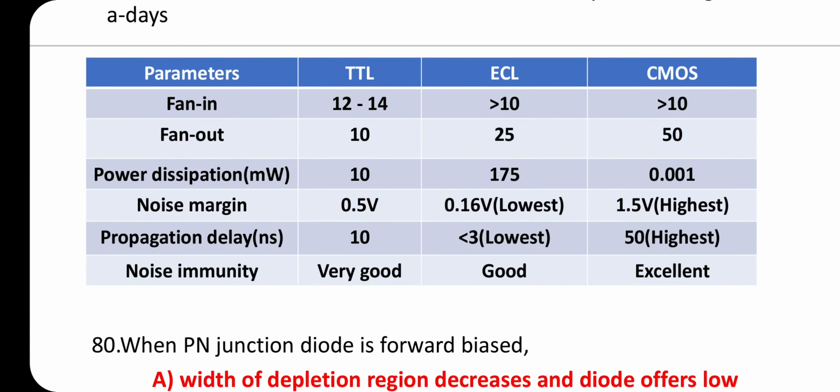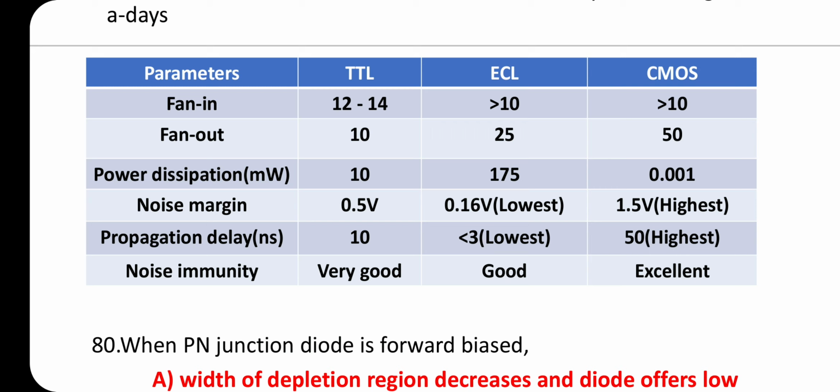Note the parameters of TTL, ECL and CMOS families. Fan in. For TTL it is 12 to 40. For ECL and CMOS it is greater than 10. Fan out. For TTL it is 10. For ECL it is 25. For CMOS it is